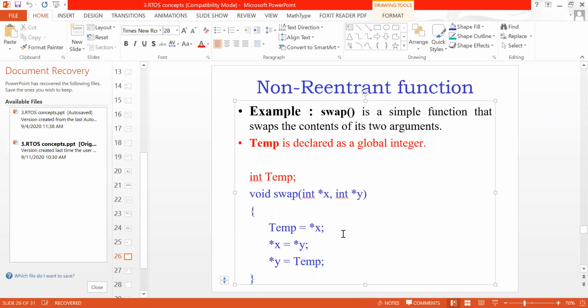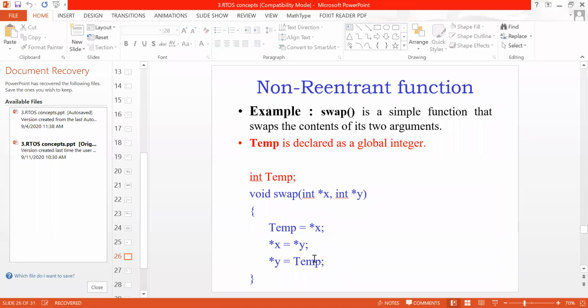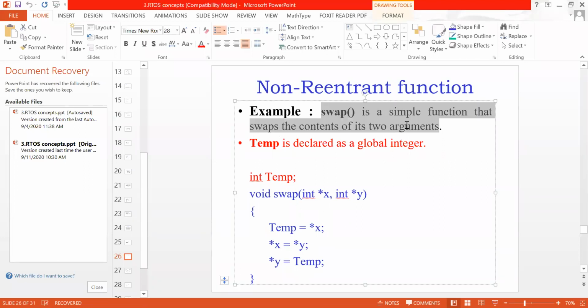Now here pointers are used so that you can swap a large number of numbers. If I use only int x and int y, in this case I can swap only two numbers, between x and y. So the example is swap, a simple function that swaps the contents of two arguments.